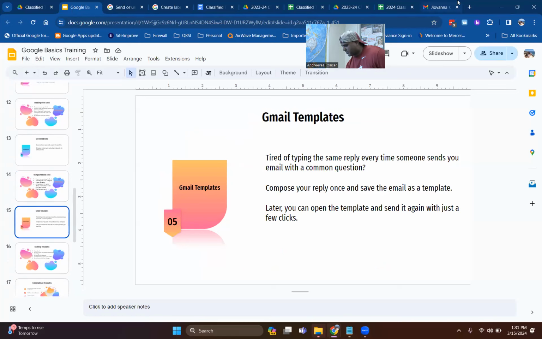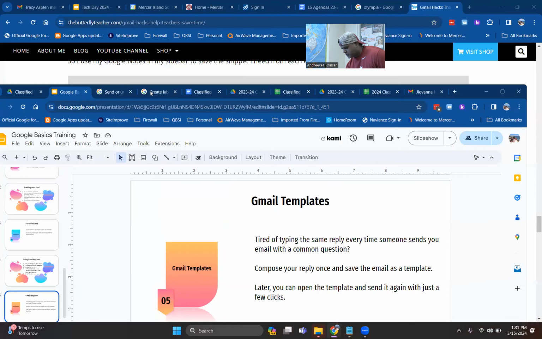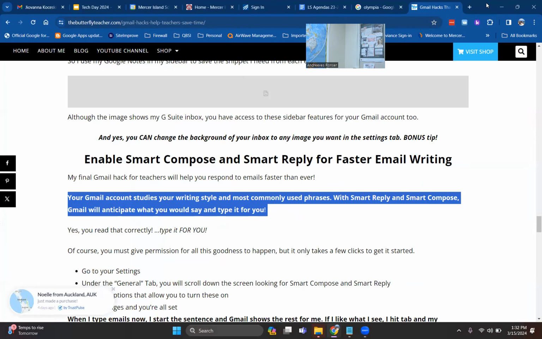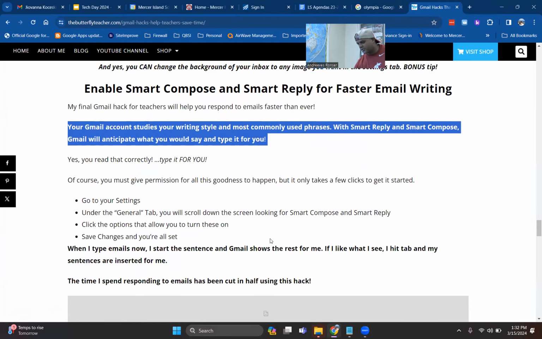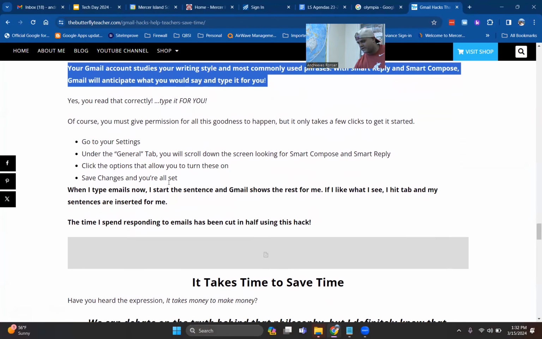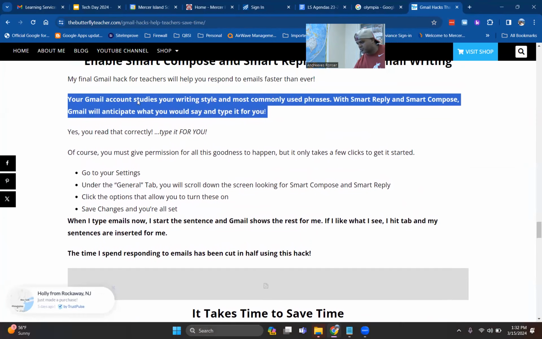Okay, so bear with me. I was kind of going through here, just saying, hey, what are the things that I want to show someone? Similar to an email template, Gmail has the ability to do some smart composing. In here, if you go under your settings, under your general tab, you can turn on features like Smart Compose, but I'll show you what that